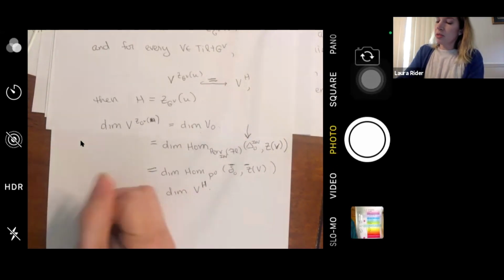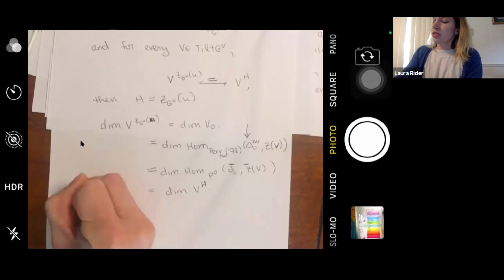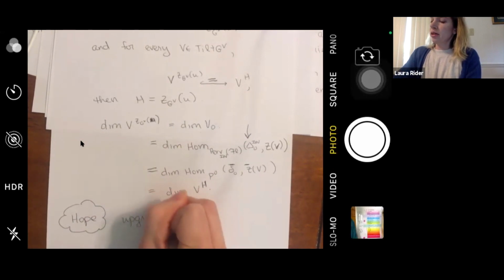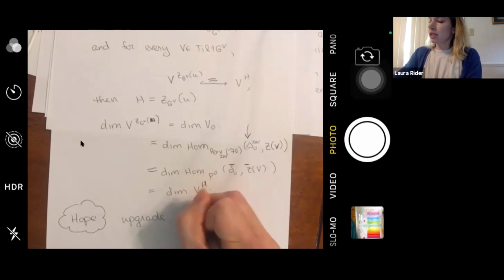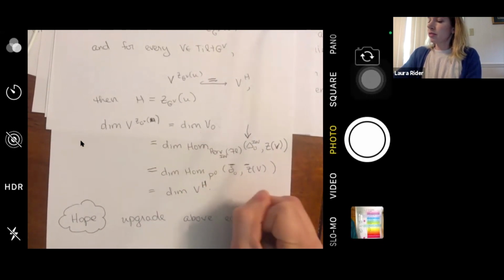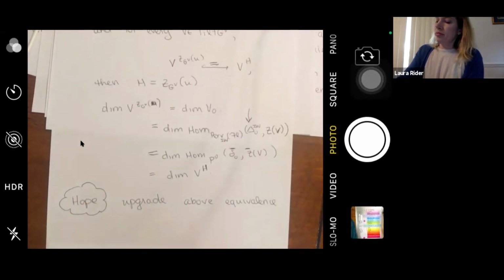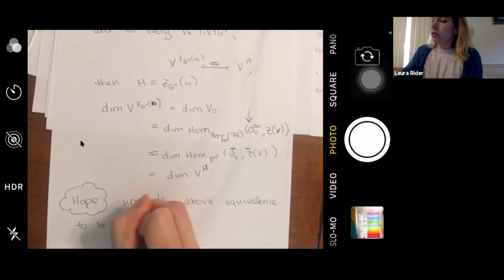And as I mentioned before, the hope is to upgrade the above equivalence to be able to prove